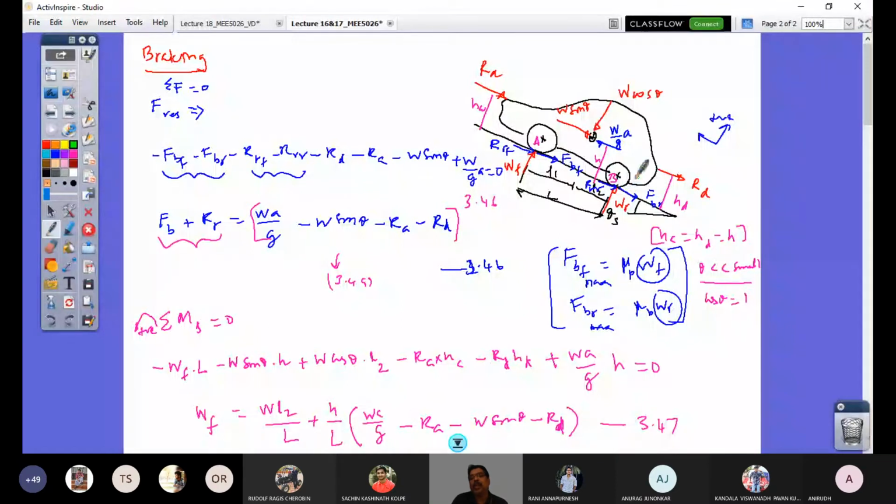But I have seen most of you have not drawn the free body diagram correctly. You have drawn traction at the front axle as well as the rear axle. In the class discussion, I drew both, stating that in the case of all wheel drive, you will have tractive effort on all the wheels. Otherwise, it will be on the wheels of the particular axle which is the driven axle. That is very important, and most of you have not got that point, and I have seen the free body diagrams were not appropriate.